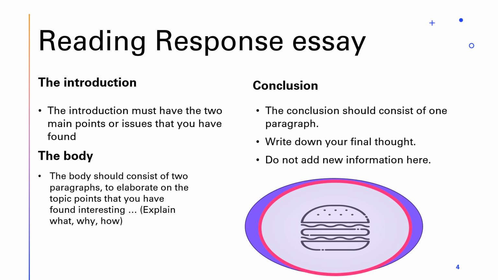The conclusion only consists of 1 paragraph, like 2, 3, or 4 sentences. It's where you conclude all of your thoughts, right? So you're saying, I disagreed with the author on this point, and I found this point that the author made very interesting, right? Remember that in your conclusion, you never want to add new information, right? This is where you summarize everything that you have stated. You don't add more information at this point, okay?